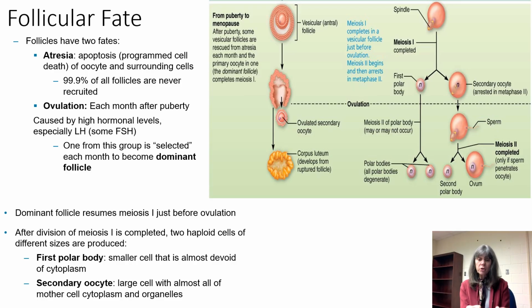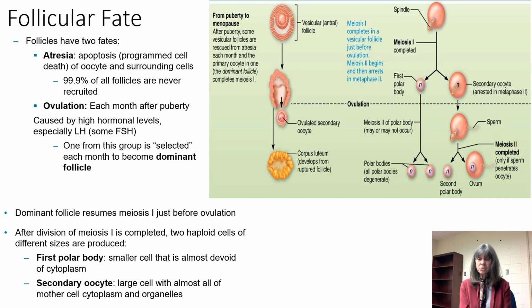Approximately 20 primordial follicles will develop into primary follicles each month from each ovary. And if they're recruited, they have the potential to undergo the process of ovulation, and only one ova is ovulated each month. So through that whole process,